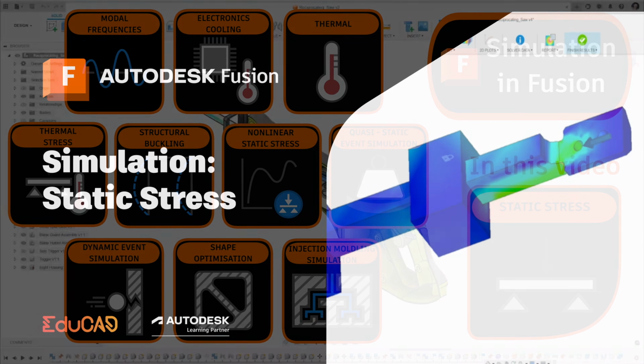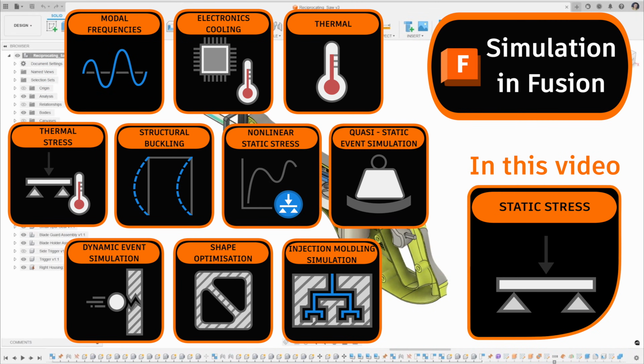This video is first in a series of simulation videos that will explain all the simulation types in Fusion and how to use them, including the new results interface that was recently released. In this video, we're going to go through how to set up, solve and understand the results of a static